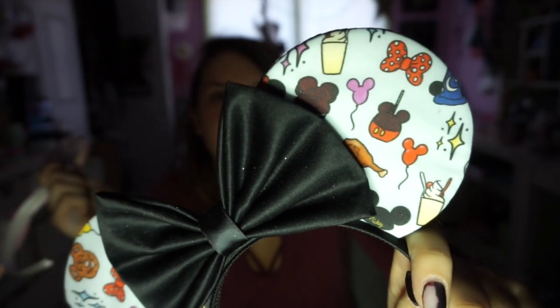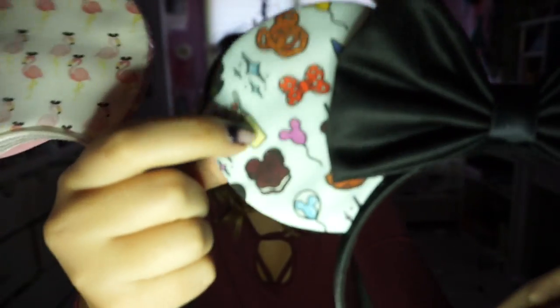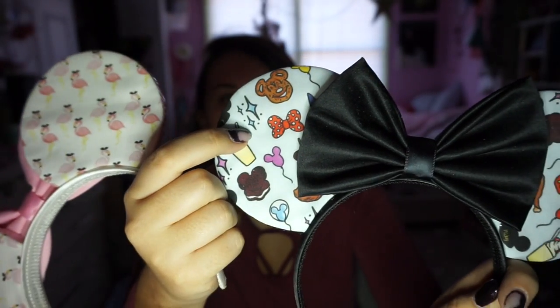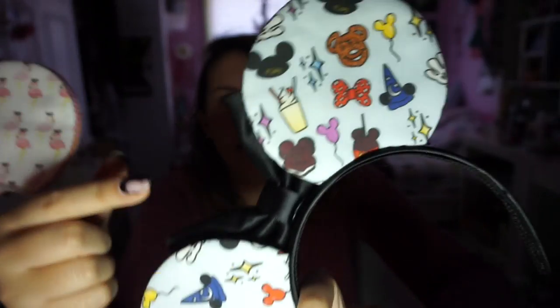Okay, so 2 more pairs of ears for you in here. The next 2 are from a company I forget. I'm going to have to put it down below in the rest of this blog post. But these were 2 other ears I got off Etsy. Just hit myself in the face with the ear. These ones have all the little Disney foods on them. So it has a Mickey pretzel, a Mickey ice cream sandwich, a Dole Whip, a bow, the Mickey balloons, some pixie dust,